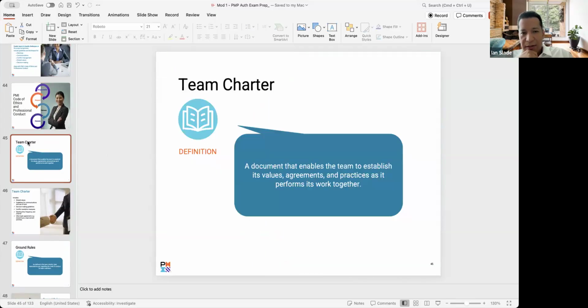So team charter: a document that enables a team to establish its values, agreements, and practices as it performs and works together. So again, one of those things that you have to commit to memory is the definition of the team charter. You don't need to remember it verbatim because typically the questions are going to be,